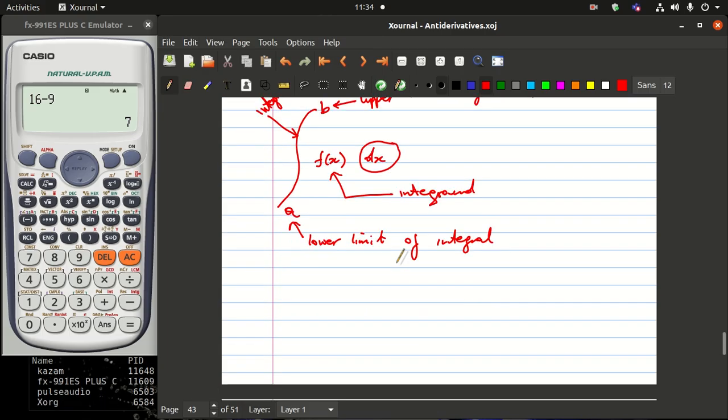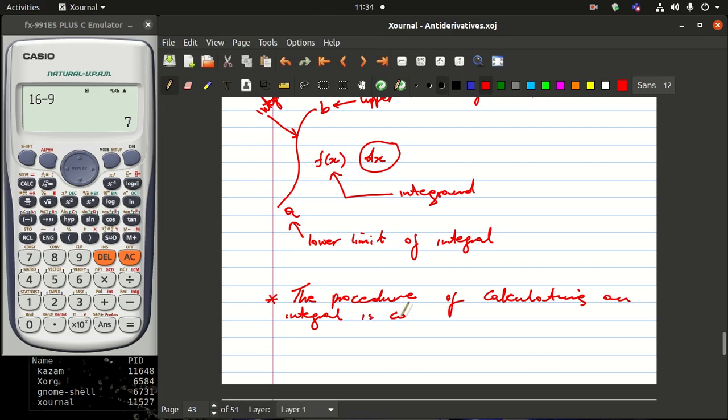And then the last thing that I want us to talk about here is the procedure of calculating an integral, which is called